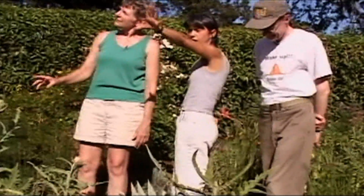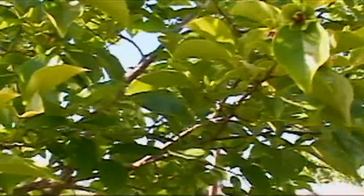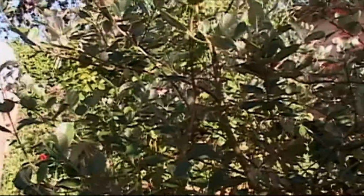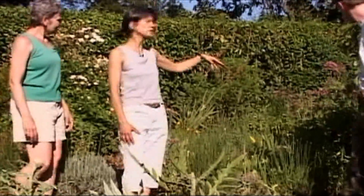All of our trees here are edible. Almond, this is a nice semi-dwarf. This is a persimmon tree. We have olives on the other side, and right here is a nice pineapple guava. Isn't that beautiful? It has nice flowers this time of year. The fruit comes in around Christmas time, but the flowers are edible as well. And we also have two fig trees back here, and I have a medicinal herb garden that's slowly